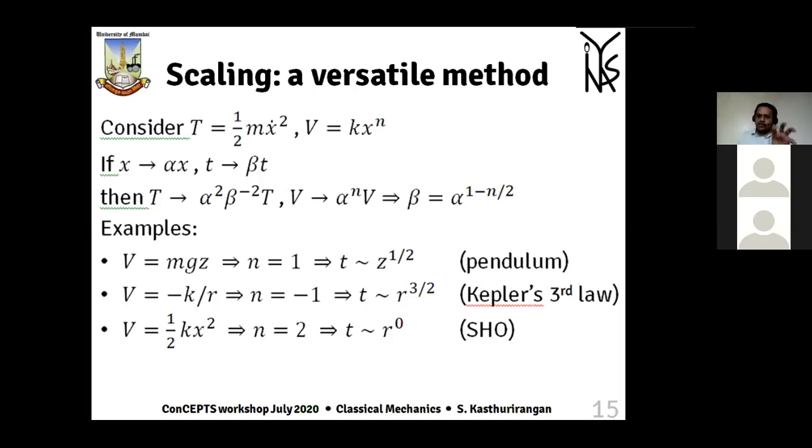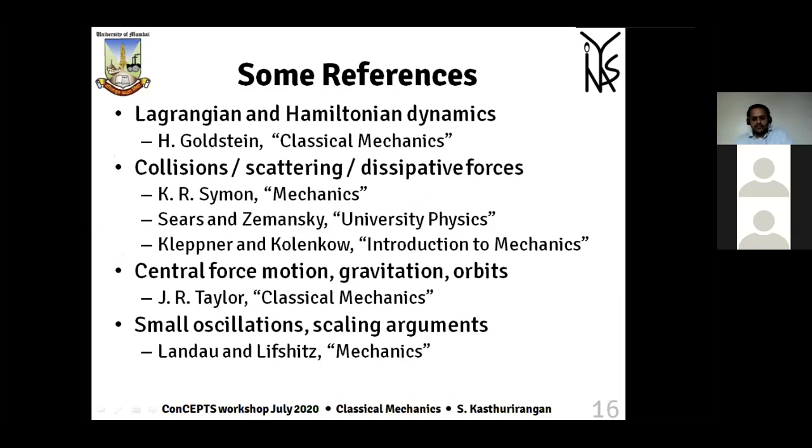Everywhere, the argument used is that potential and kinetic energy scale by the same amount, but the potential and kinetic energy depend on the other variables in a different manner, and therefore by scaling the potential and kinetic energy, you arrive at a relation between these variables and use that to your advantage. This is a summary of the scaling approach.